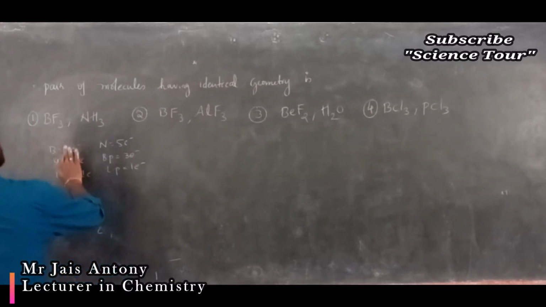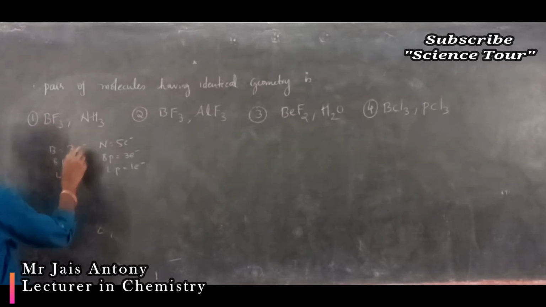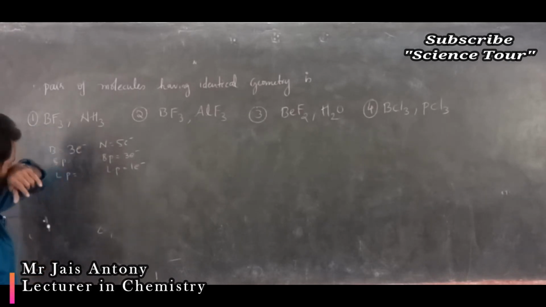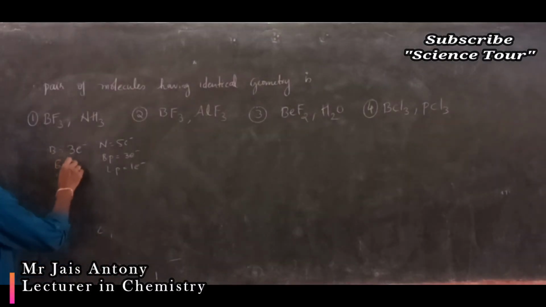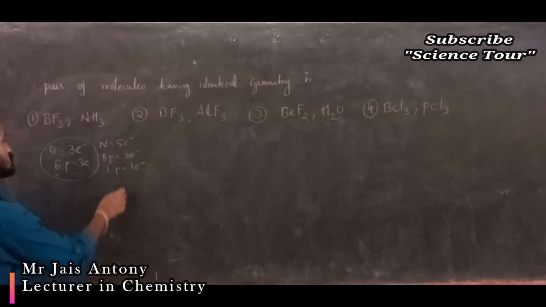boron, sorry, here it is wrong, my dear students. Boron, you have to write the valency electrons. Boron has 3 valency electrons, 5 is atomic number, okay, don't get confused, 5 is the atomic number of boron, 3 valency electrons. So number of bond pairs is 3. So there is no electron left out, my dear students. So these and these are different forms. Clear? Because here one lone pair is there, here there is no lone pair. So it is actually triangular pyramidal shape.